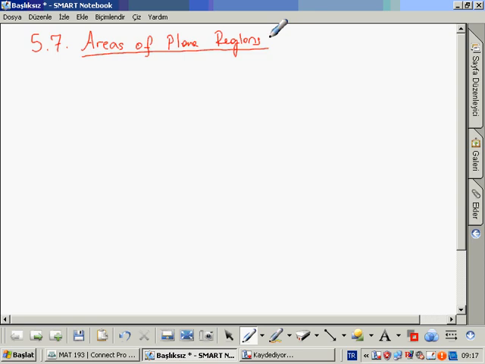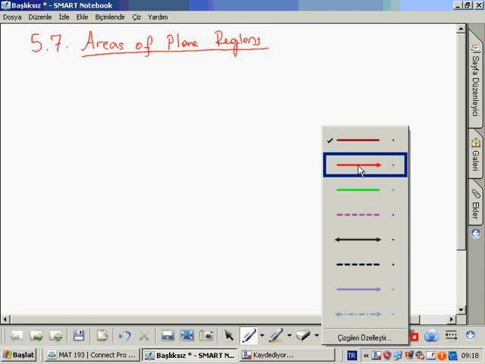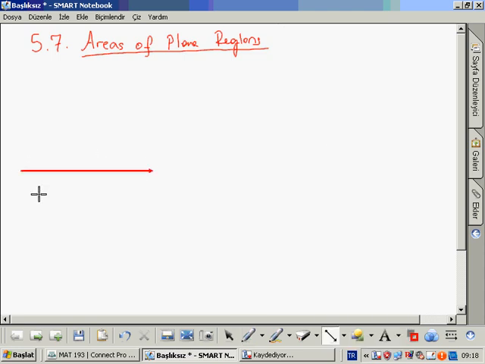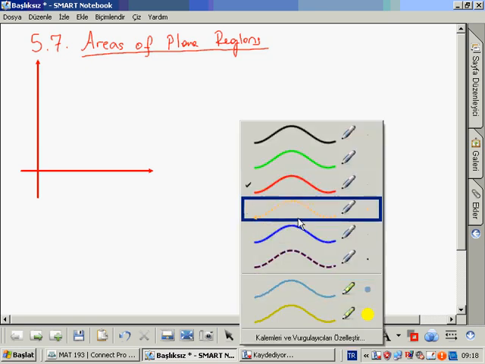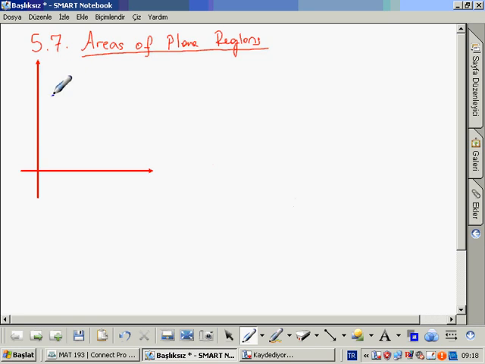We assume that a is less than b. In order to express the total area bounded by y equals f of x, y equals 0, x equals a, and x equals b, counting all of the area positively, we should integrate the absolute value of f. Let me sketch what I mean. For example, if our blue curve, which is the function curve, starts from this point and ends at that point, as you see,